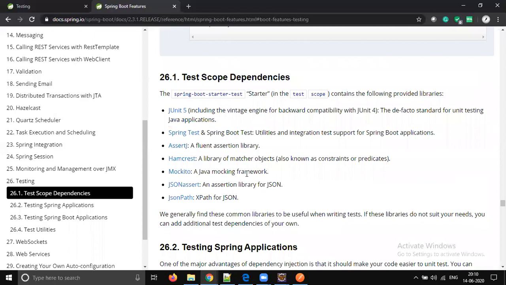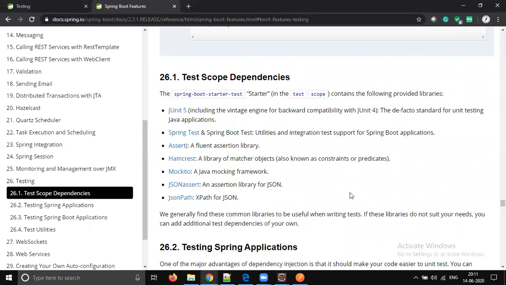So test scope dependencies. So JUnit 5, that is what we see till now. It is JUnit 4. We are going to use JUnit 5, next version, latest version of JUnit. So it has @BeforeClass, @AfterClass, @Before, @After, @Test like that. There are a couple of annotations you will get from the JUnit language. But to test the Spring Boot or microservice or Spring application, especially Spring Boot application.